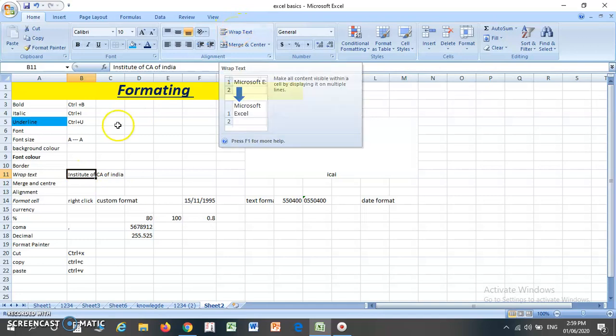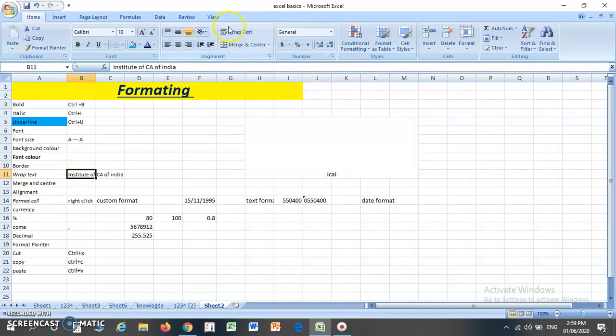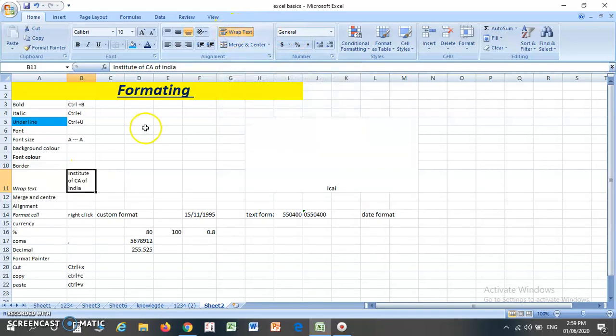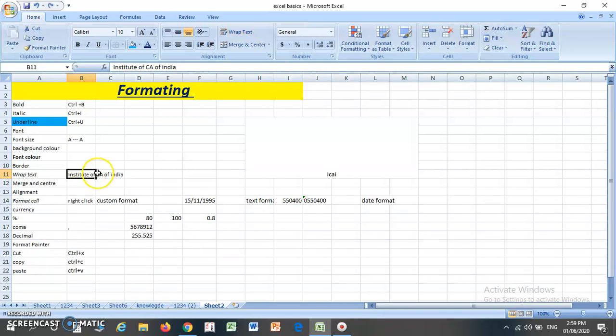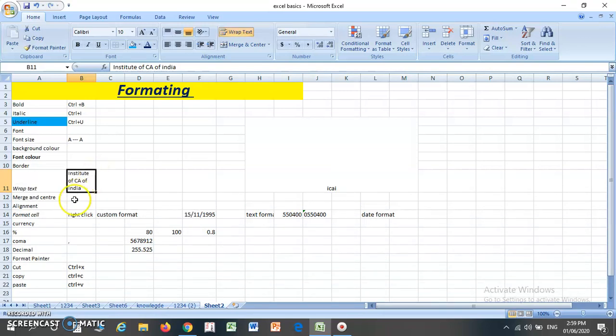I just go to the particular cell and click wrap text. You will find that the row size gets increased, and I will find my data, the Institute of CA of India, in the B11 cell in this way. So in this way you can use the wrap text function.